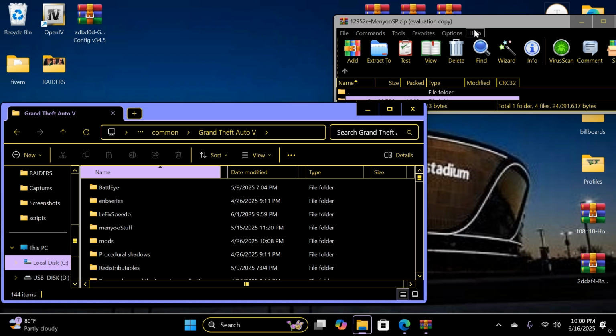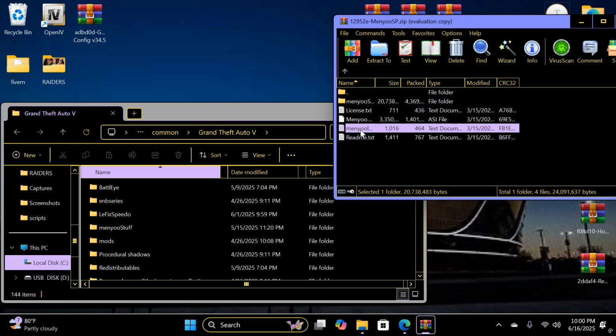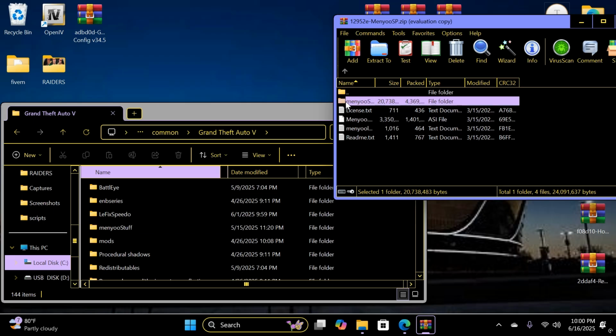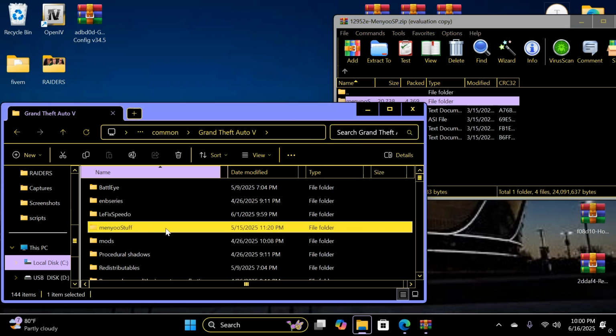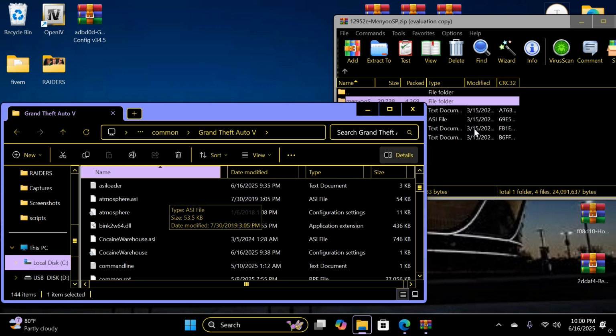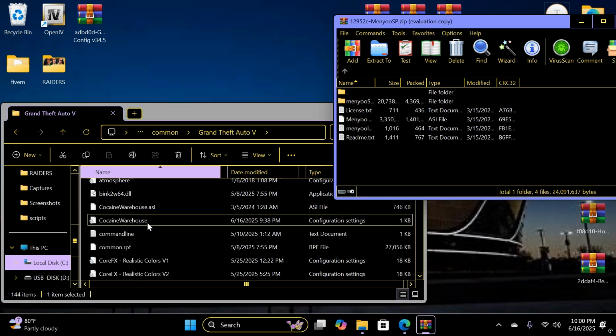Alright, so what do we got here? We got the menu. Yeah, I showed you about the menu. You just drop that. This one, the ASI. Some of them have ASIs and INI. If you see two of those, put both of them inside wherever they tell you, scripts or either the main folder. Sometimes you don't need this regular folder, but you do in this case because that's where it goes right here. And if you scroll down, everything's in alphabetical order, so you will see the M's come up